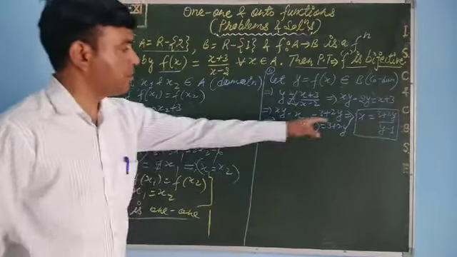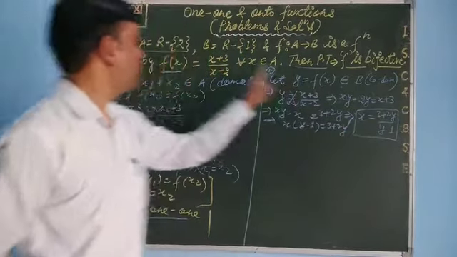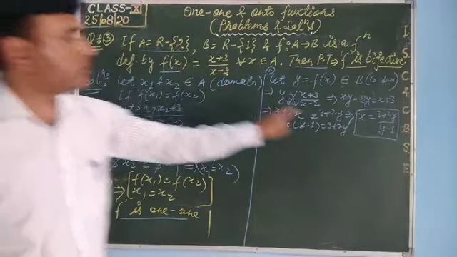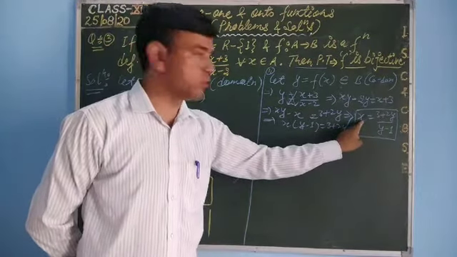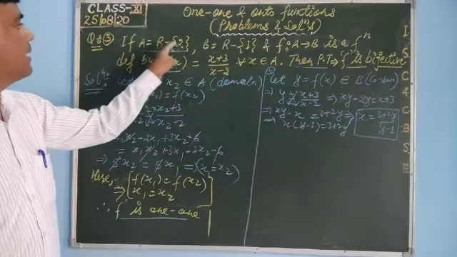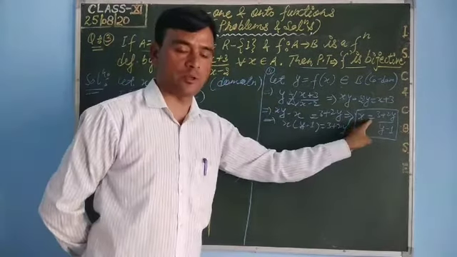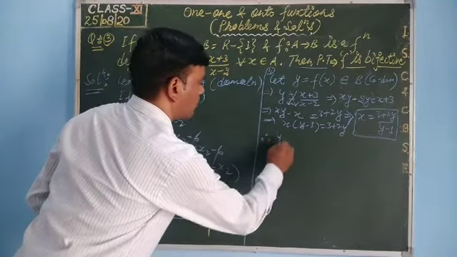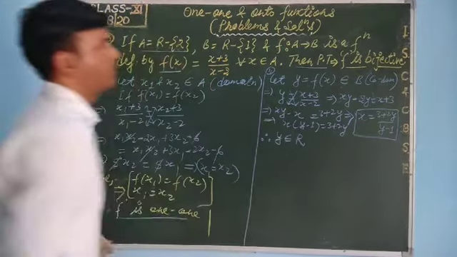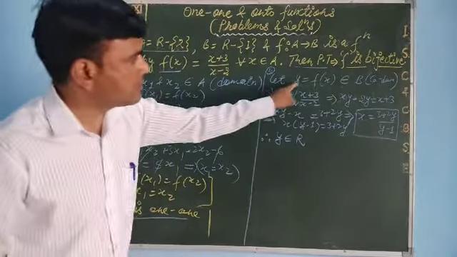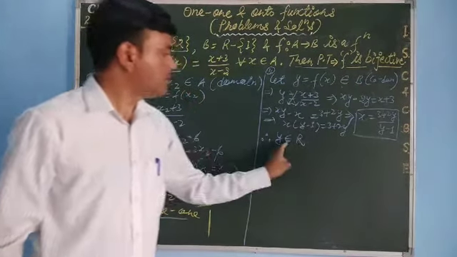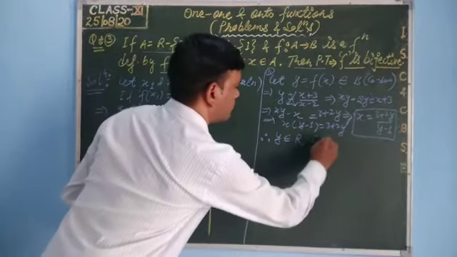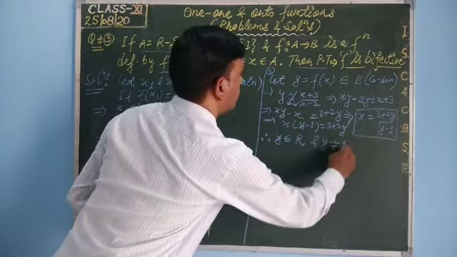Now students, here x is actually an element of the domain, and the domain must be R minus 2, means since x is an element of the domain, this must be a real number except 2. We have to prove this first of all. So see here, since y belongs to real numbers, we have already taken this as an element of B, since y is a real number, okay, and also y is not equal to 1.